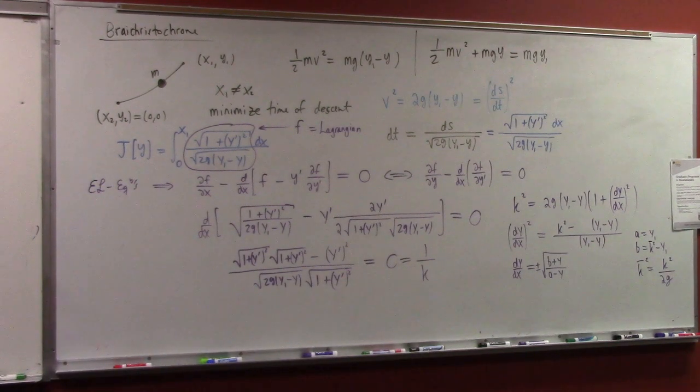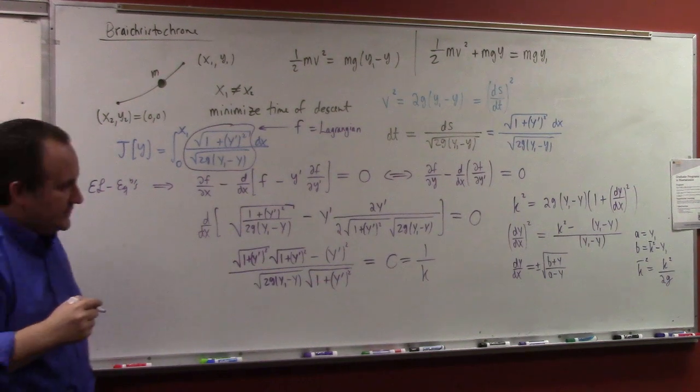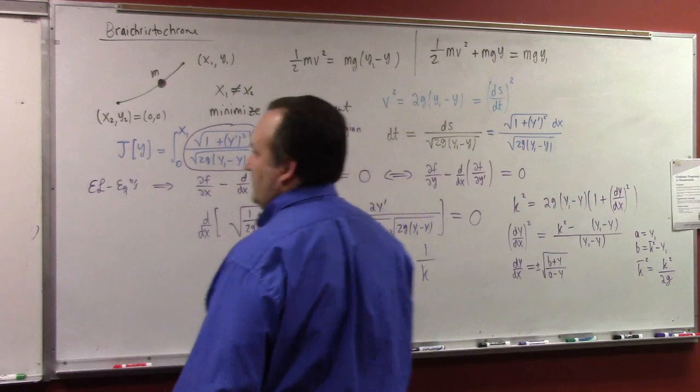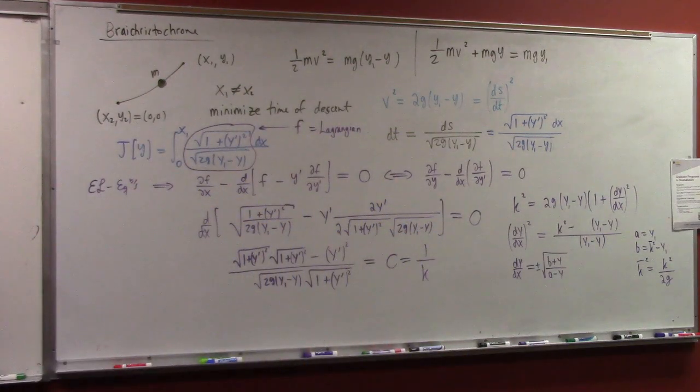All right, so we got dy/dx is plus or minus the square root of, what was it? I've already forgotten. A plus y over a minus y? Is it b minus y? I definitely should have a b on one of those and an a on one. So b plus y over a minus y. And doing the x to the other side, that's going to give us dy over the square root of (b plus y over a minus y) equals plus or minus dx. And then we can integrate that.